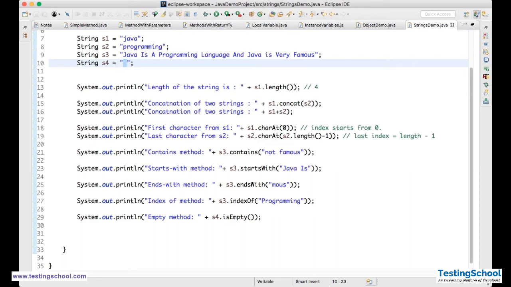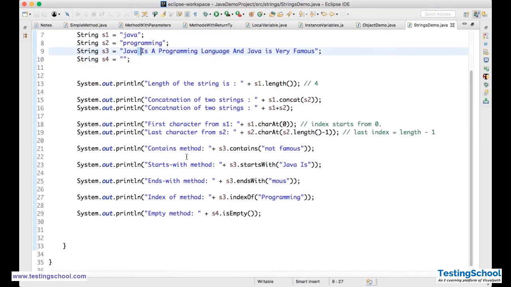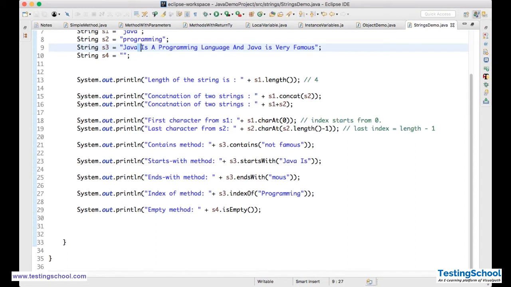If you do not have any space, then only it is empty. Okay, you need to remember that space is also considered. Okay, this is all about the isEmpty method. Now the replace method. We have one of the methods called replace.